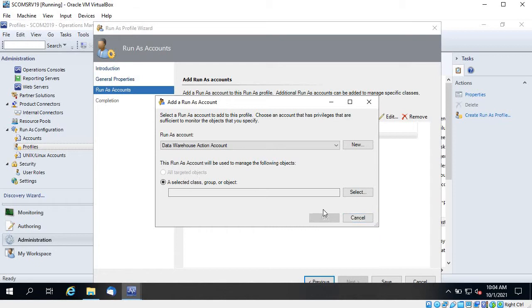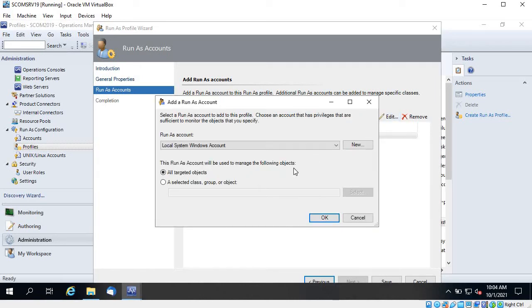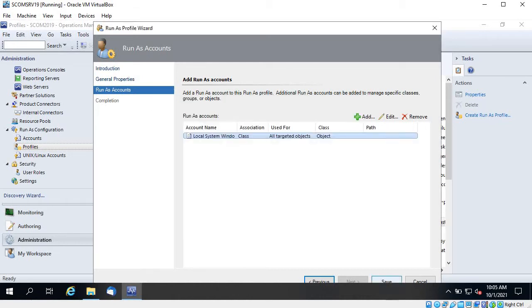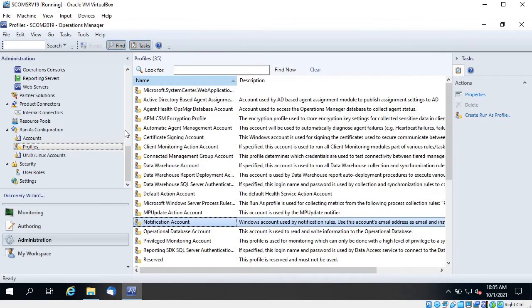Okay, I have already selected all targeted, so this is grayed out. If I cancel it, here you can see it says used for all targets, right? So if you want to use different Run As account for different classes, groups or objects, you can do that as well. Okay, you have to just click on save and it will save. Let me cancel it, and let's go to